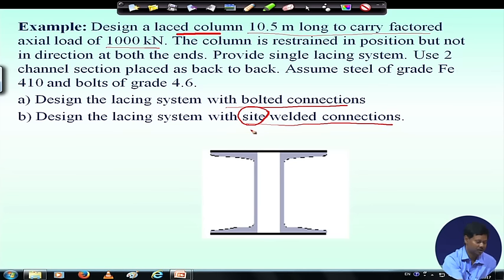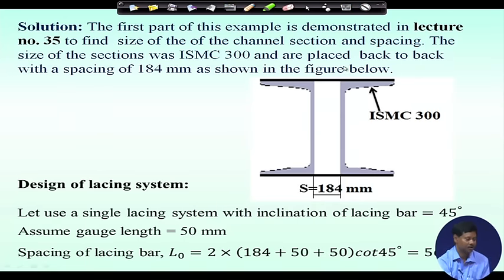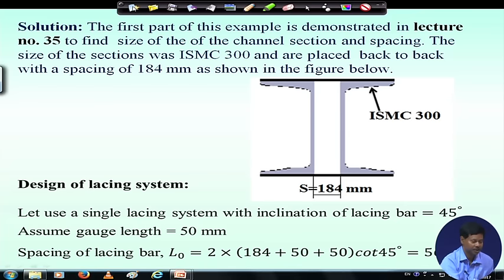We can consider shop weld also, in that case the gamma MW value will be changed. So, according to the type of weld, whether it is side weld or shop weld, the gamma MW has to be taken. If we recall the earlier lecture, we already got the solution: ISMC 300 back to back, which we have provided with a spacing of 184 millimeter. And also we found the